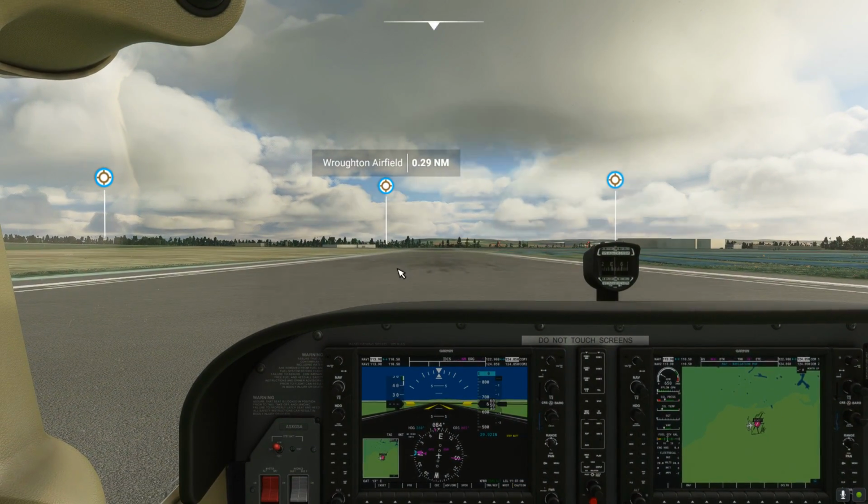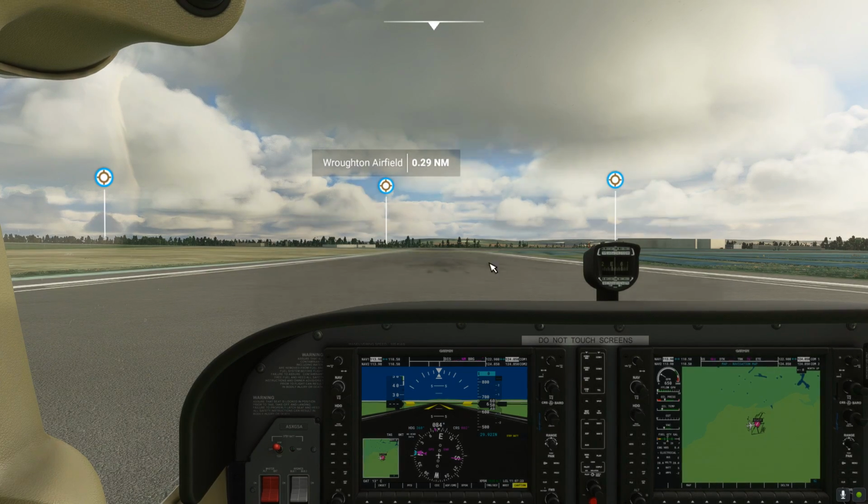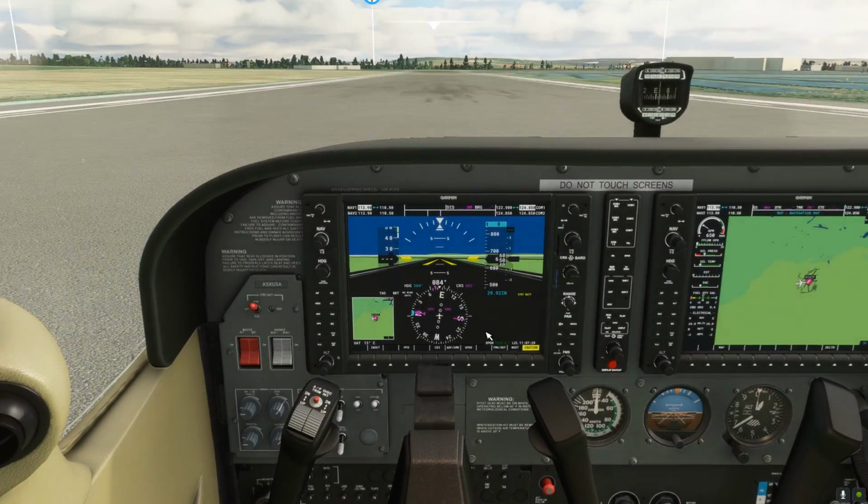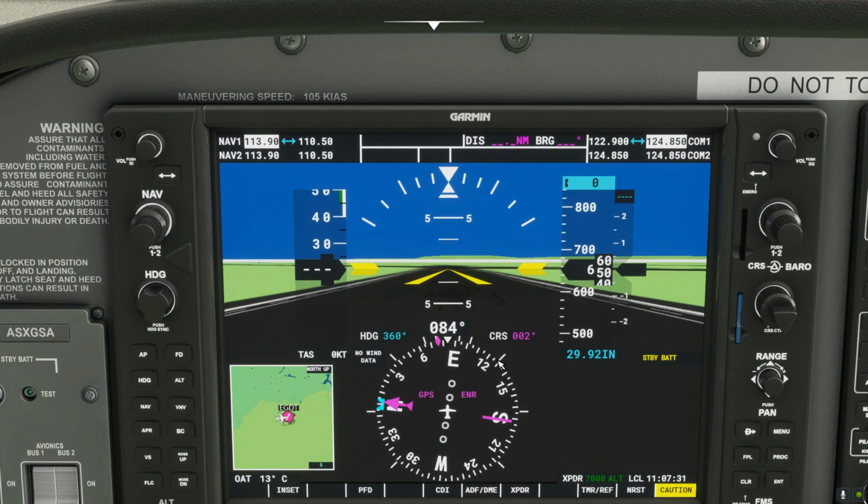Okay, so we're on our assigned runway, runway 09. I've got the weather on scattered clouds. I would recommend something like scattered clouds or a clear day. Don't put on an overcast day if you're practicing this pattern, because it's going to be hard to spot the runway once you're up in the air. Let's zoom in on this left display. We are on runway 09. Runways in the real world will put you a few degrees off, but as long as we're heading roughly in that direction,